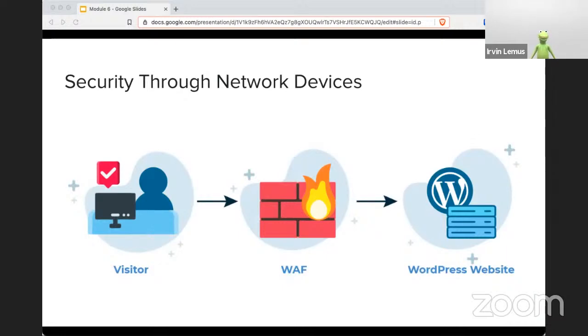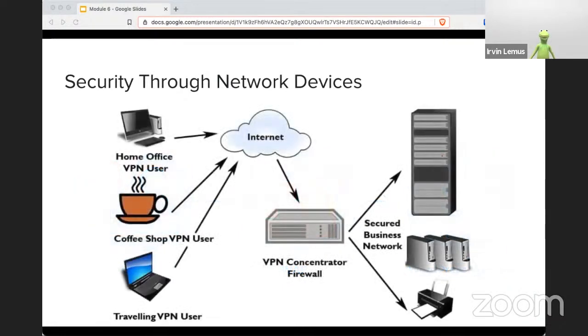Another way that we can protect our users, especially those who are remote, is VPNs. They can be software or hardware, aggregating all VPN traffic for a network. They can create and monitor remote access and site-to-site VPNs. A full tunnel will take all data going in and out of the network through the VPN. A split tunnel will not. A split tunnel will take some information and let it go through whatever normal means, and then the other would